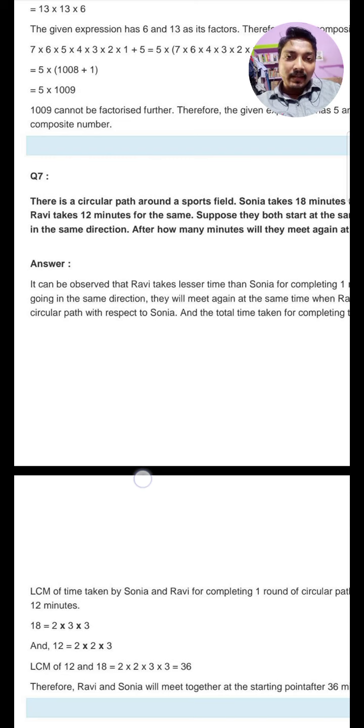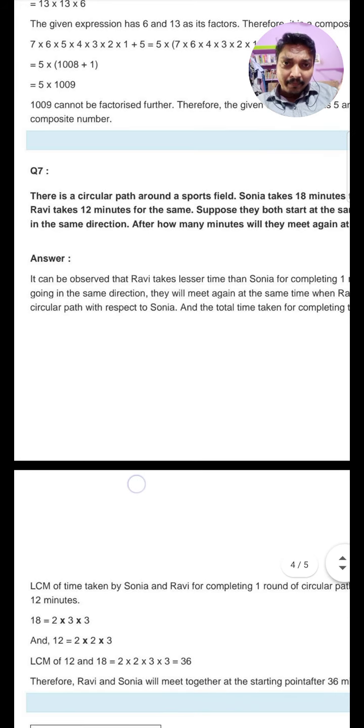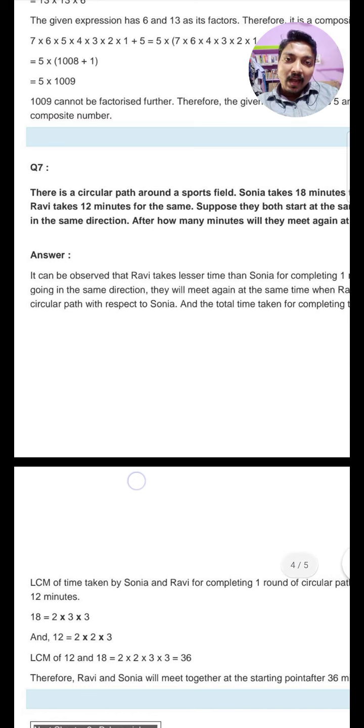Can you tell me the minimum time at which Tanmay and I will once again meet each other? My rounds are at 2, then 4, then 6, then 8, then 10. Tanmay's are 3, then 6, then 9, then 12, then 15. It is clearly seen that 6 is the minimum time at which I will be at the origin and Tanmay will also be there at the origin. Here the numbers given are small, so you could say it easily, but whenever the numbers are large,